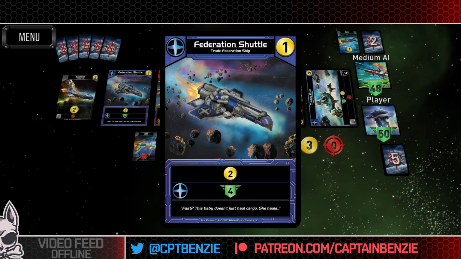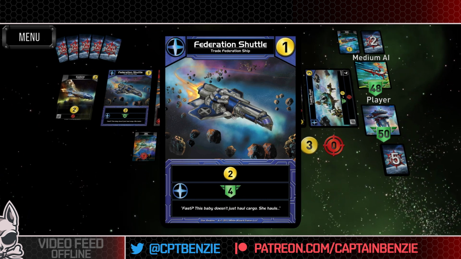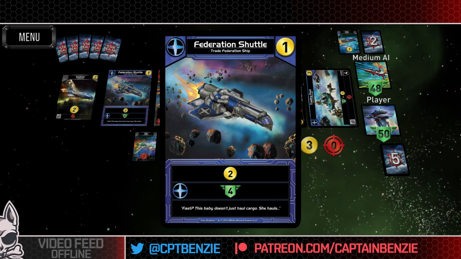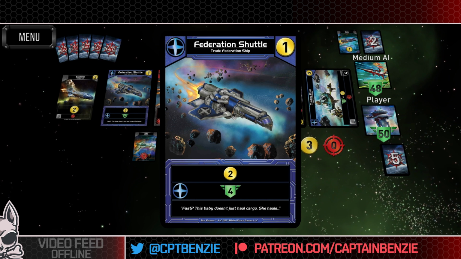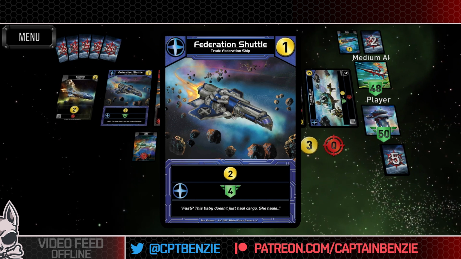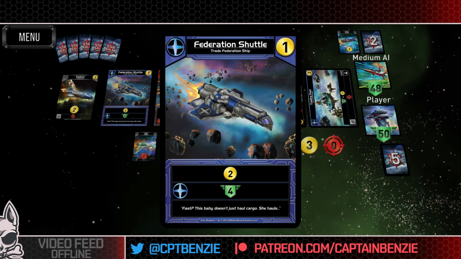Now, cards come again with all these different abilities. The card number in the top right, that yellow circle with the number 1 in it here on this Federation shuttle, is its cost, its value, and how much it costs in trade in order to buy that each turn. Your trade does not carry over from turn to turn, so you do want to use it to the best